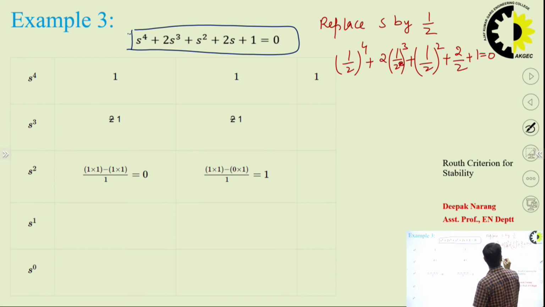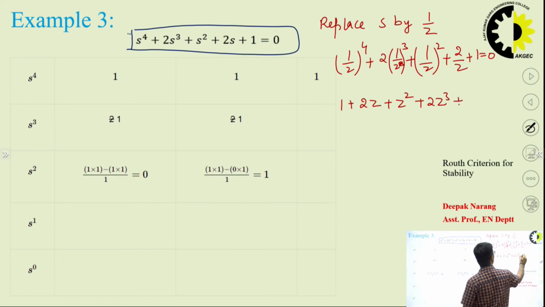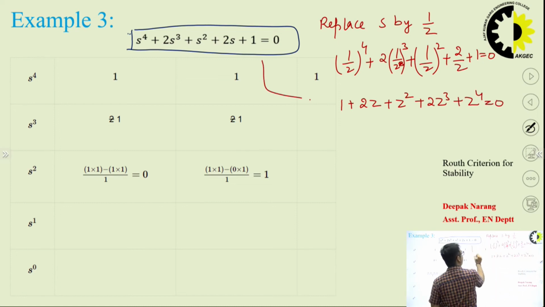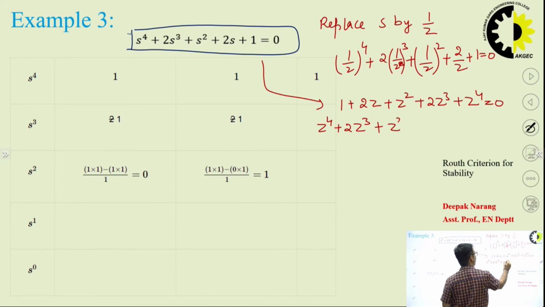So this will become 1 plus 2Z plus Z square plus 2Z cube plus Z raised to power 4 is equal to 0. So our characteristic equation changes to Z4 plus 2Z cube plus Z square plus 2Z plus 1 is equal to 0,